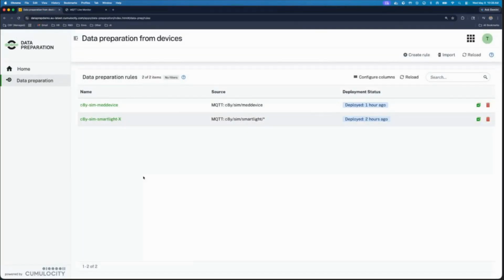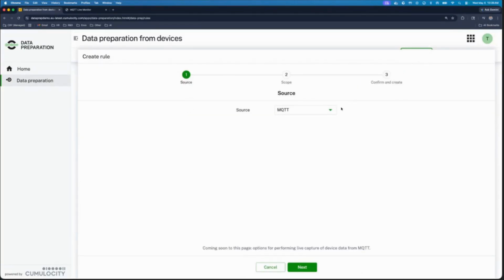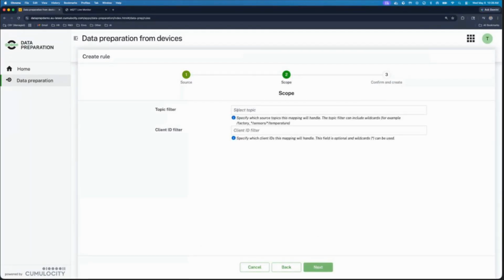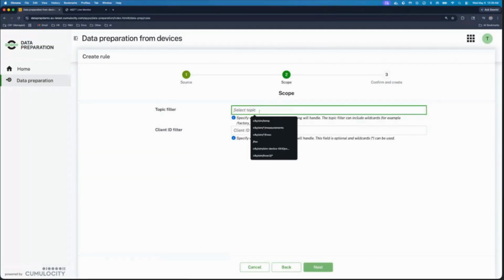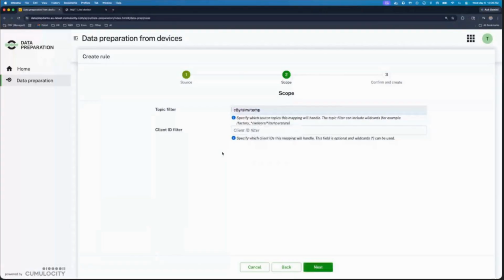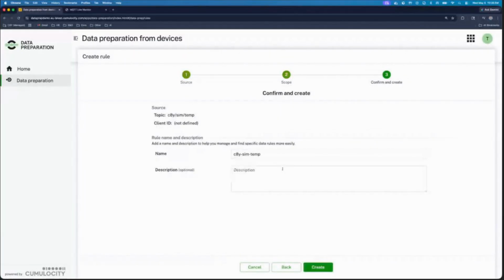So what I'm going to do is come into my Cumulocity tenant, go to the data preparation application and click create rule. Now at present, the only thing that we support throughout this private preview phase is the new MQTT service. So I'm going to leave it there. In the future, we do plan on supporting multiple different data ingestion methods. You select your topic filter here. So I'm just, again, posting a very simple temperature simulator here. If you want to, you can set a client ID filter if you're doing any sort of testing or further filtering needed. And then you can define a name and description for your rule, but I'm just going to go